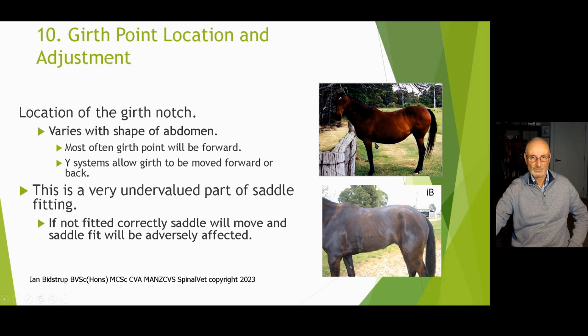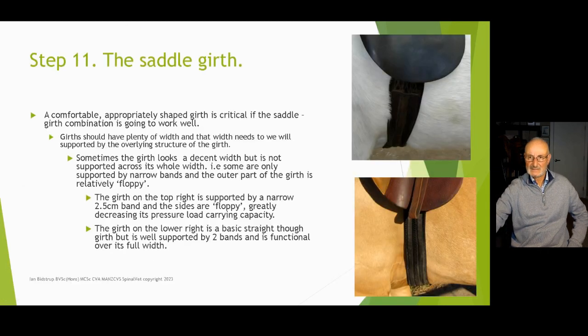So it's a very important part of the saddle, very important that it's dealt with correctly. The girth itself, its comfort is often underrated too. The girth needs to be reasonably wide. This is too narrow, and it's particularly down here where the sternum goes down the side and around the sternum, the actual square edge of that, if you like, in most horses, where the most pressure is felt,